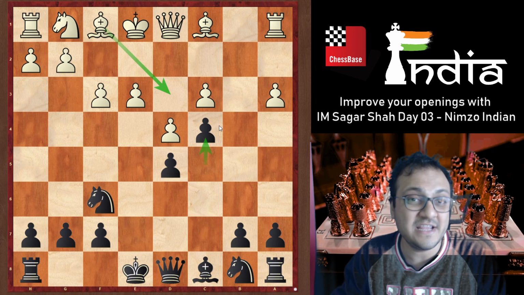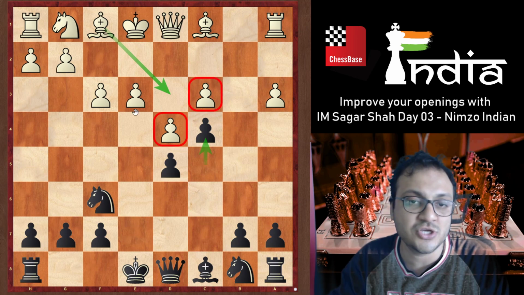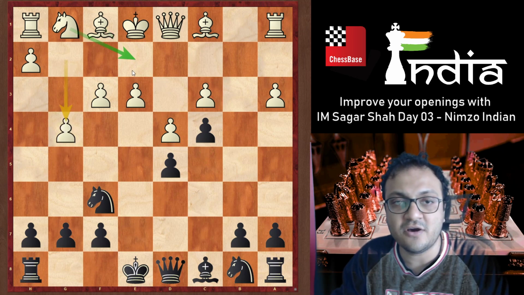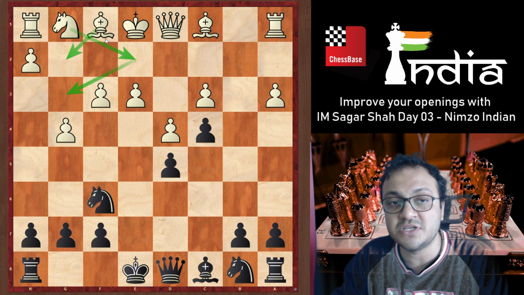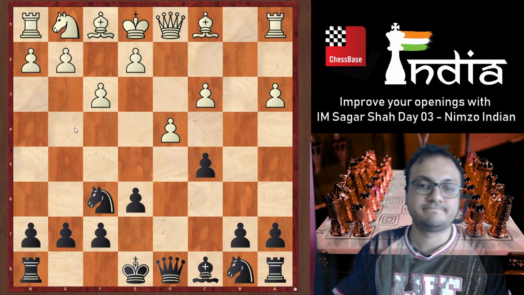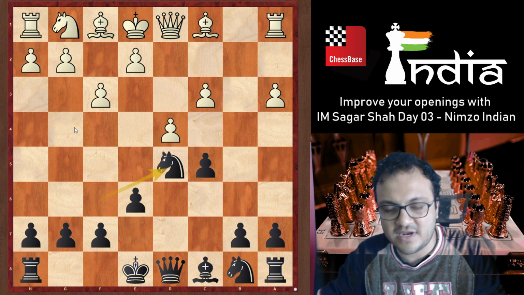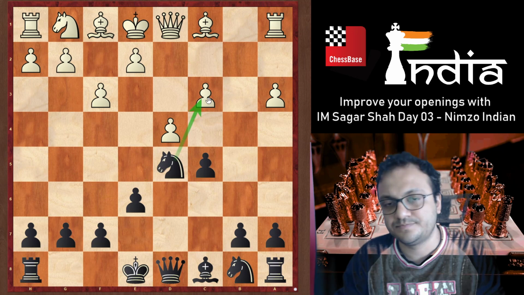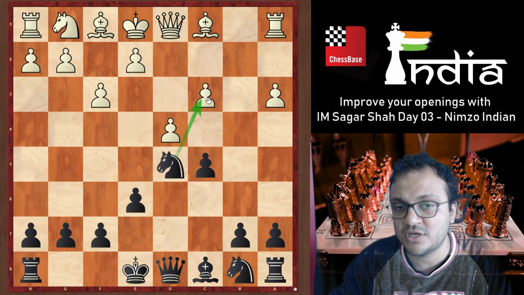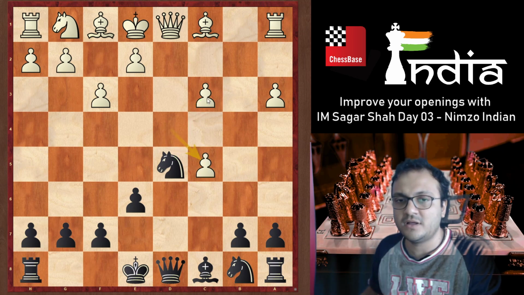But it is very dangerous because you're taking away the pressure from the center, the tension, and now a good move can be g4 with the idea of knight e2, knight g3, Bg2, castle, and playing for the e4 break. But I like knight d5. Knight d5, I'm threatening now to take here, and White has one main move in this position, which is to play dxc5. This is a good move.